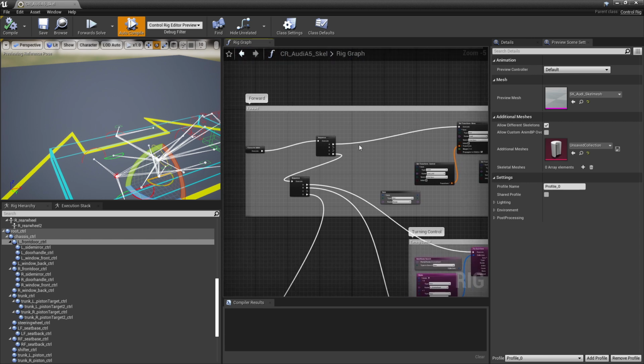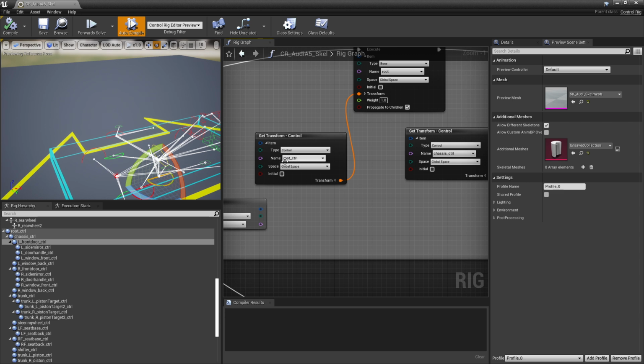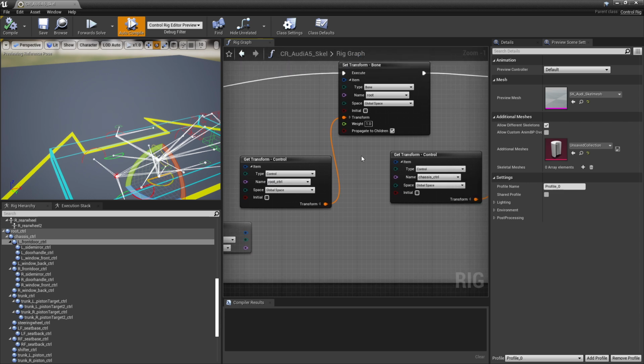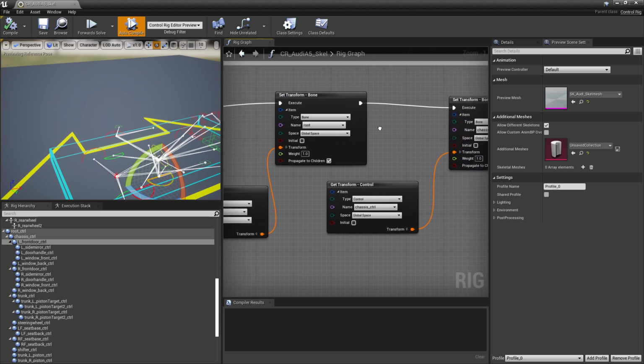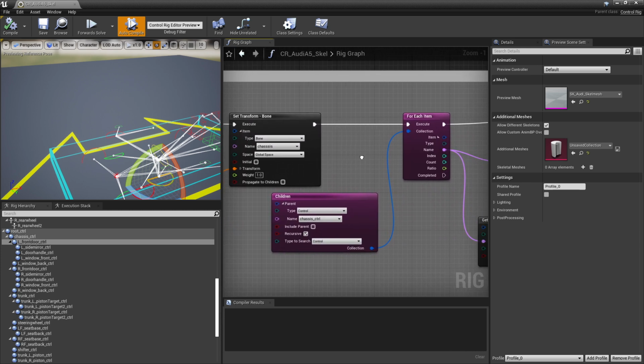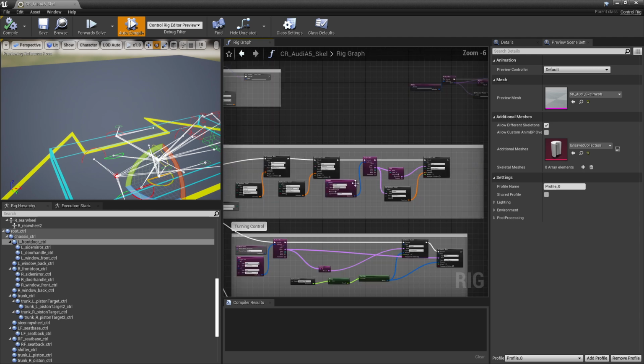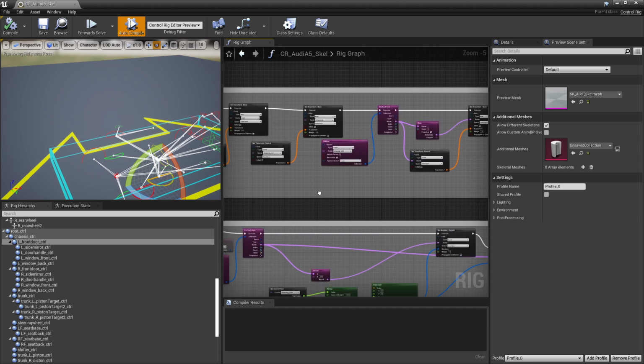Essentially you can see that it's going through and saying, let's find the root control and have that drive the transform of the root bone. So it finds the root and the chassis, hooks those up, and then after the chassis, it runs through and does a for each loop to hook up the control rigs on all of the children. So it's a really simple forward solve for the majority of what's going on in the car.